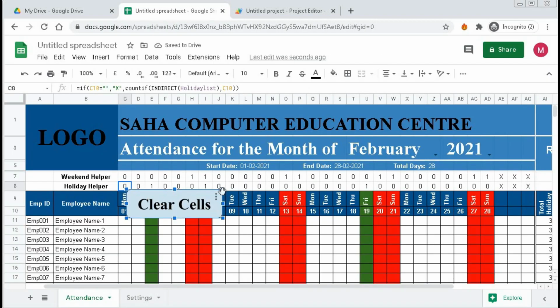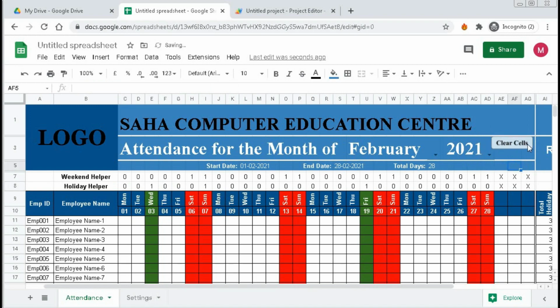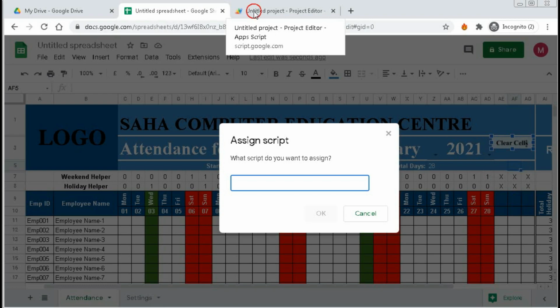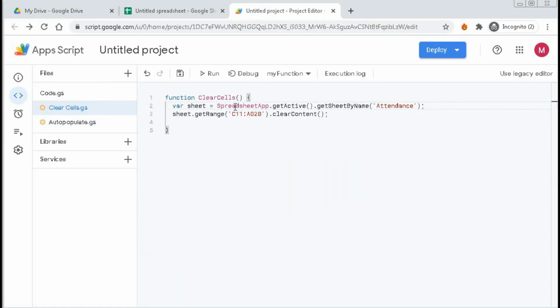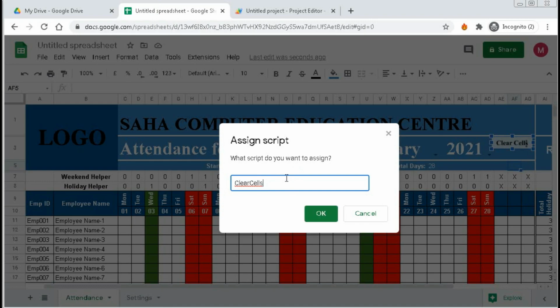So decrease the size of the button, put it here, decrease a little more, and here you can see 3 dots. Select this 3 dots, assign a script. Our first script is clear cells, so copy this one and paste it here.